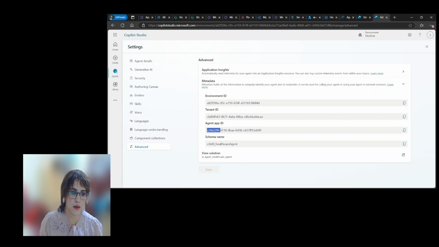Copy this app ID and paste it in a notepad. We need to use this. Now we are going back to